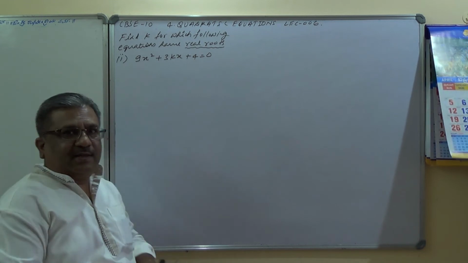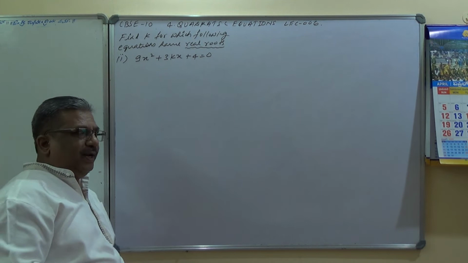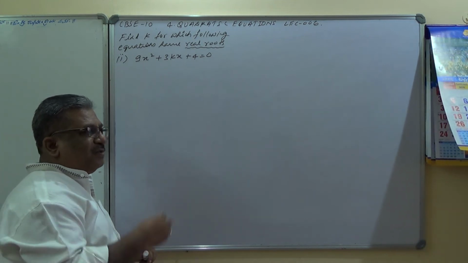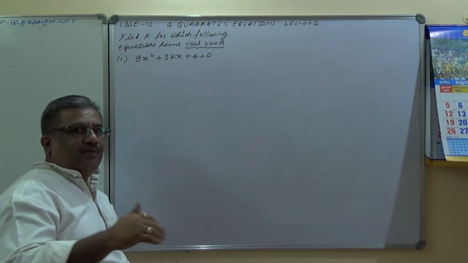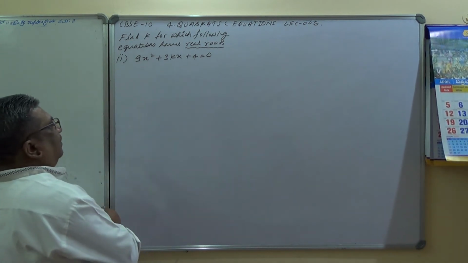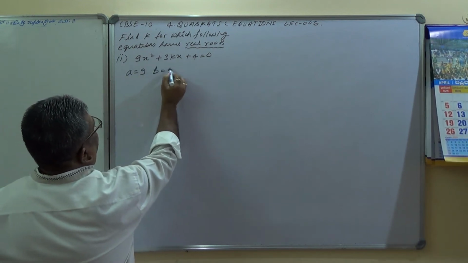let's see whether you can understand. Anyway, I will give you a hint there. I will explain. But you should remember, only few students would be able to retain this till the end. But I request all the students to remember this point. Important. Let's see. Comparing with the standard equation, I get A equals 9.